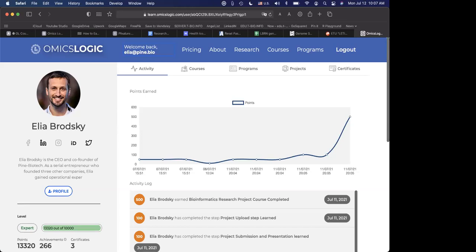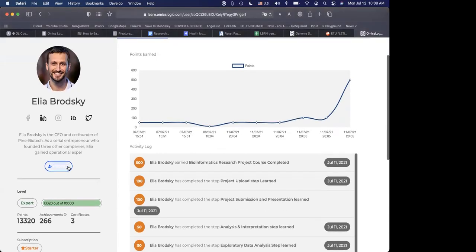Now, if you haven't registered yet, take a couple of minutes and register. So again, once you are registered, you should see your email address right here on the top. And by clicking on this, you will be able to see your profile with your profile image, social media links, a little bio that you can add about yourself. And then we will talk today about this